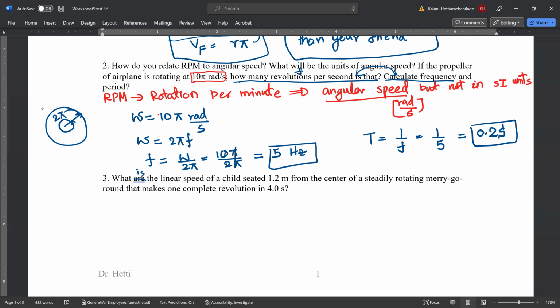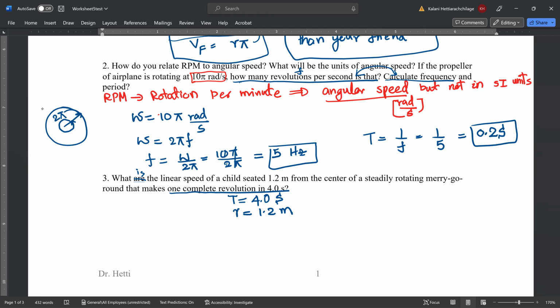What is the linear speed of a child seated 1.2 meters from the center of a steady merry-go-round that makes one complete revolution in 4 seconds? So read it very carefully. Your question in the exam, so the quizzes may be a little different than this. Okay, period is 4 seconds and radius of the person that's sitting on the merry-go-round is 1.2